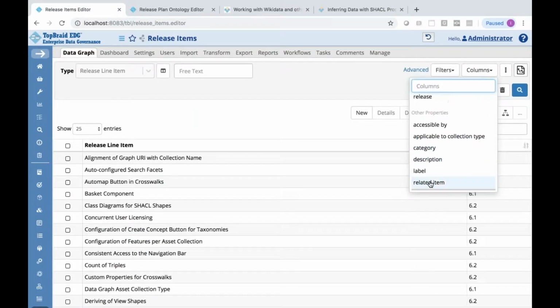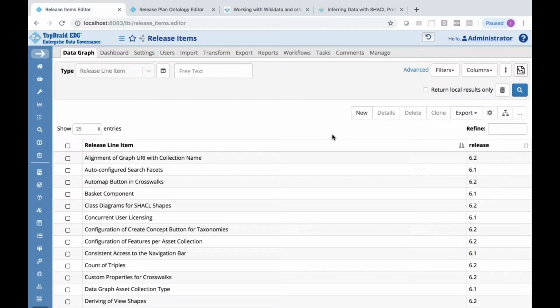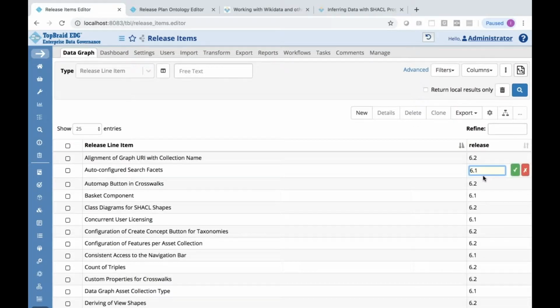So they come from various releases, either 6.1 or 6.2. And by the way, this is also a new feature, I think came in 6.1, that the table that shows you resources in a given connection is editable. So you don't necessarily have to go to the form to edit.